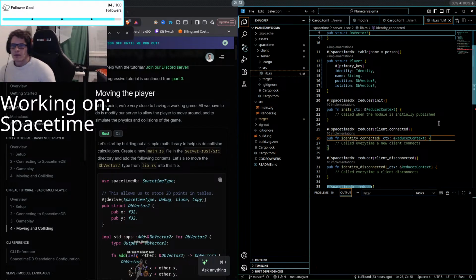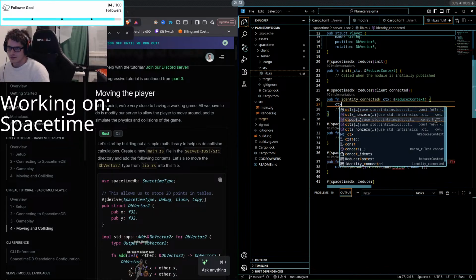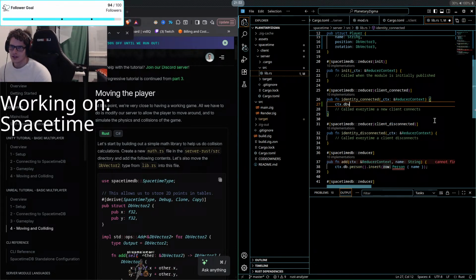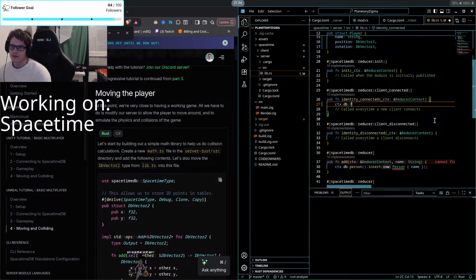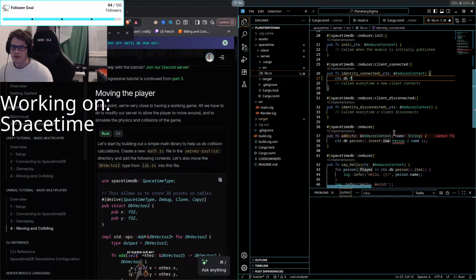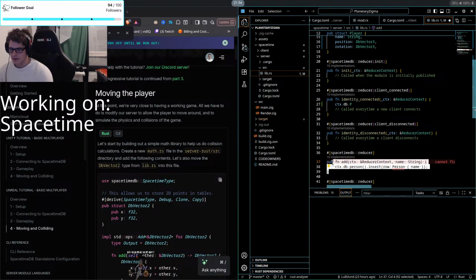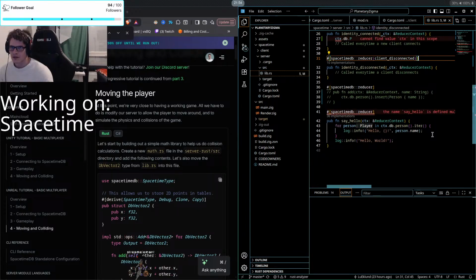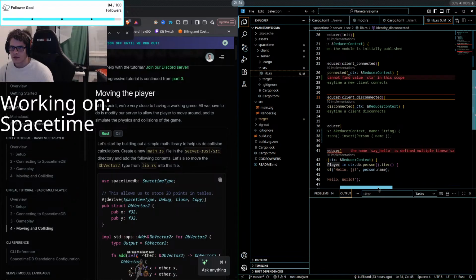So when a player connects, we'll just go context dot database dot player. Am I completely out of it? Yeah, let me just. Is defined multiple times.